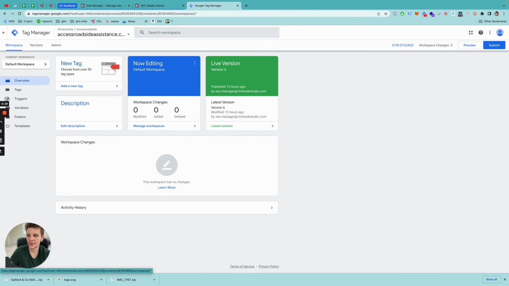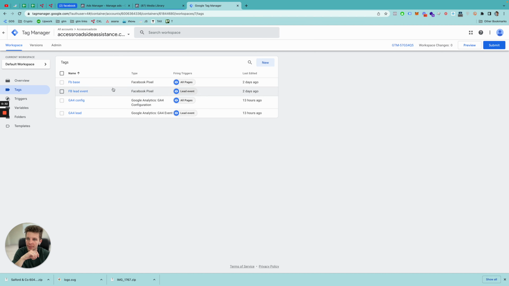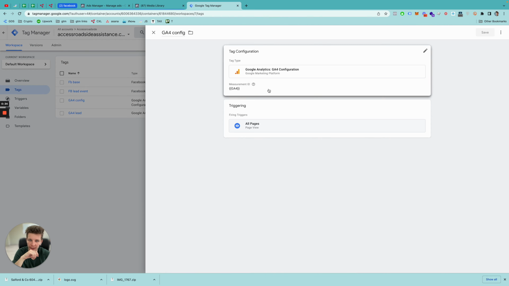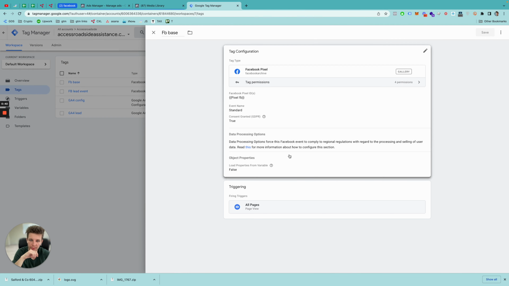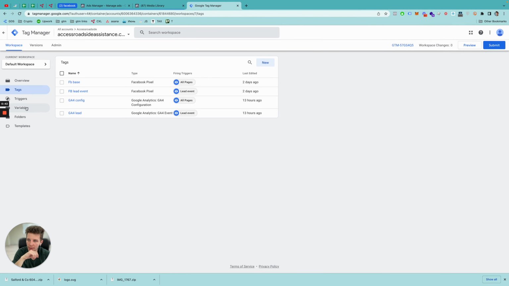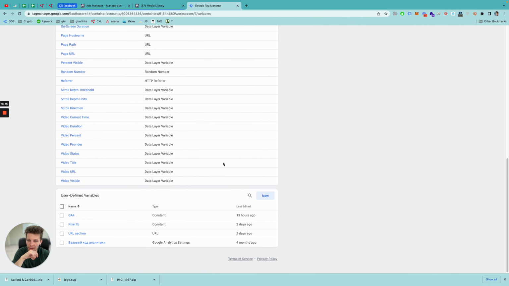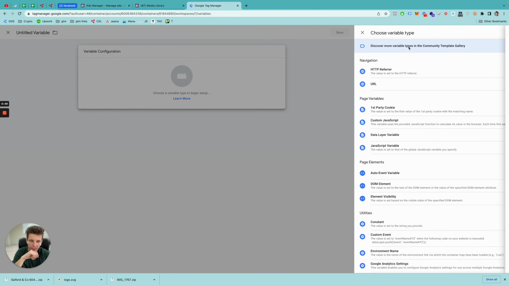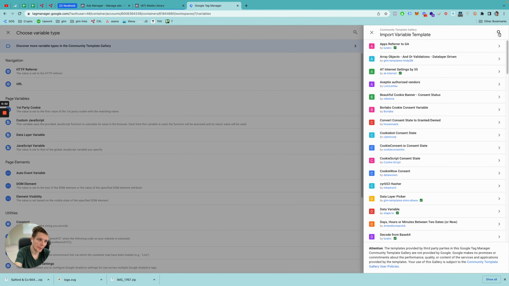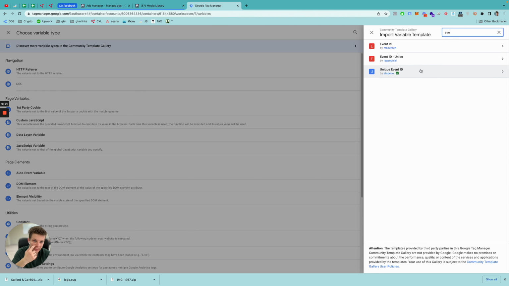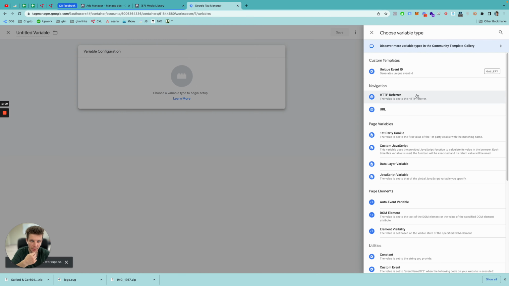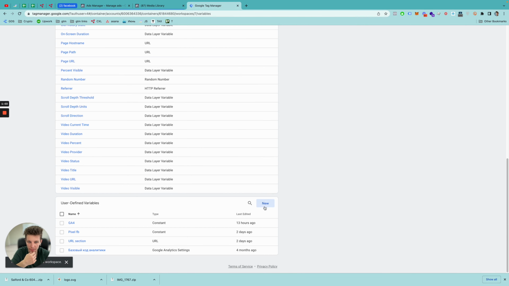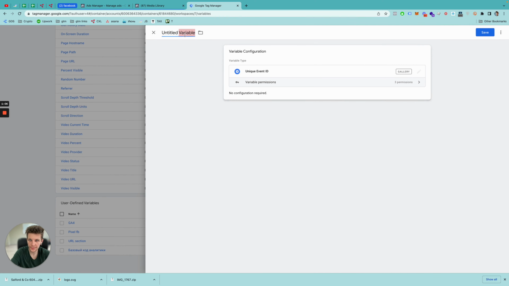In the web container you need to set up the Google configuration tag, the main one, right? And I also need to set up the Facebook pixel here. We also need to set up the deduplication key. We can find it here in the gallery. I prefer to use the stable, unique event ID, and then we can apply it here. All right, we will name it unique event ID